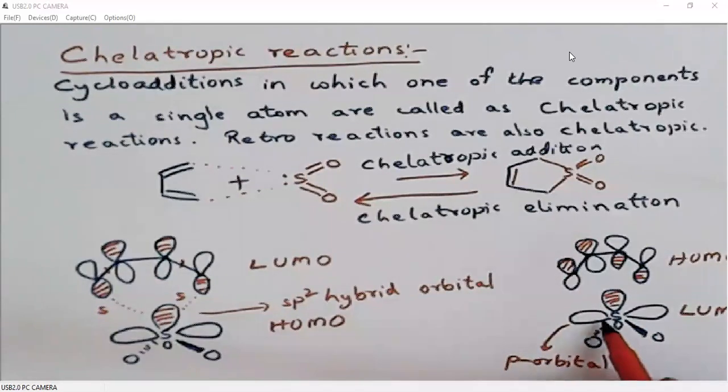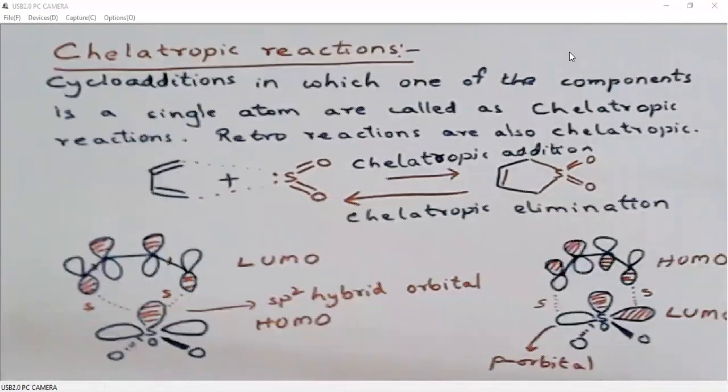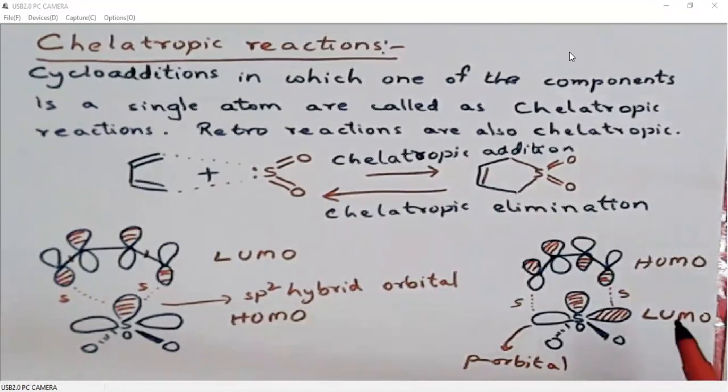Then what we need to do is take the p orbital. Then we will try to explain. In the p orbital, of course, one side will have a positive lobe, the other side a negative lobe. In this case, these two are same phase orbitals, these two are same phase orbitals. So here suprafacial bond formation takes place. Here also suprafacial bond formation takes place. So absolutely there is no problem for the HOMO of diene to react with the LUMO of sulfur dioxide. So the cheletropic reactions are possible either between the HOMO of one system and the LUMO of the other system, or the reverse. Okay, absolutely no problem.